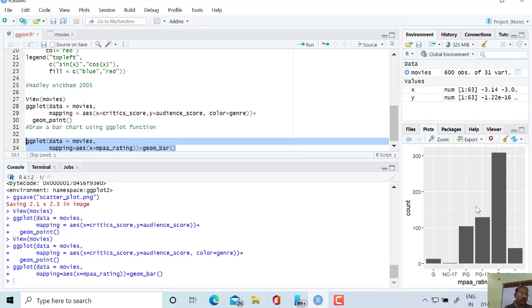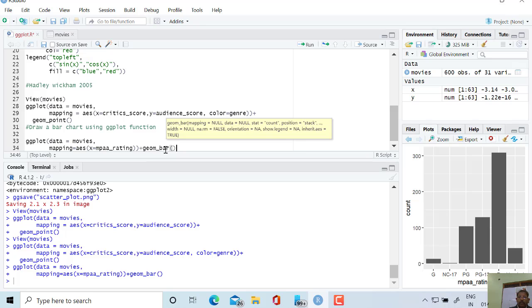So in this way we have drawn a chart. Similarly, for drawing a line chart, we can write geom_line. If we want to draw a box plot, geom_boxplot can be written here. So in this way we can write different commands and draw different kinds of plots here.